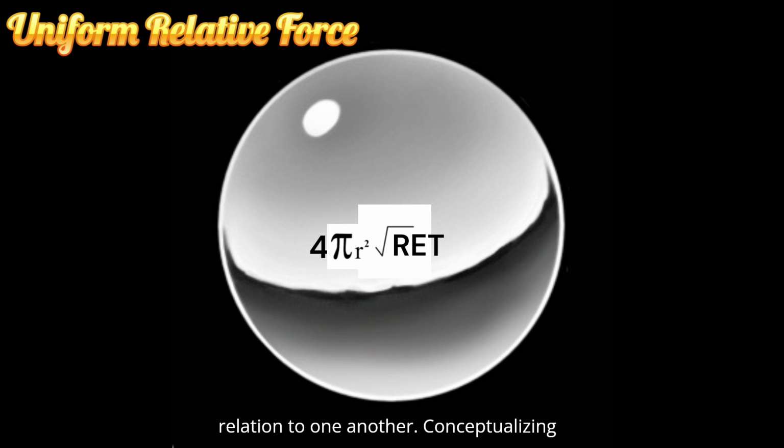to one another. Conceptualizing uniform relative force. The uniform relative force, URF, is conceptualized as a manifold where different forces, electromagnetic, gravitational, strong, and weak, can be understood as part of the same spectrum of forces, differentiated only by their context in space-time. Just as particles, matter, and galaxies are held together by an invisible force, the model imagines the forces acting on different scales, whether atomic or galactic, through a shared property of relative force that links them. This creates a consistent framework for understanding the interplay between different types of forces.